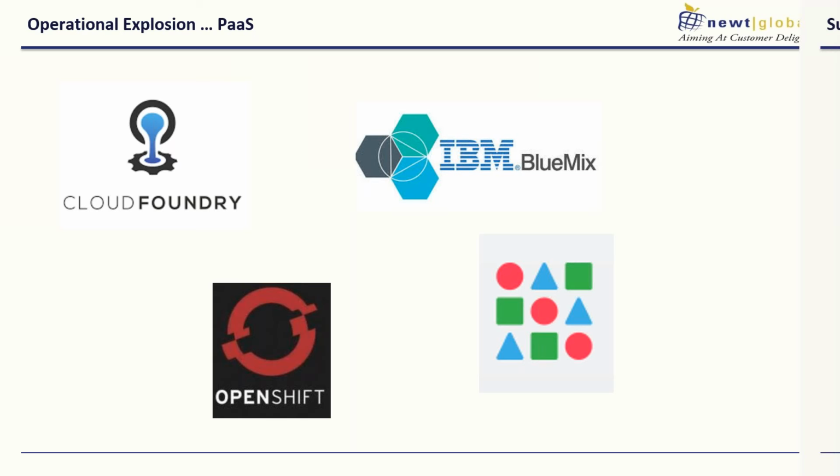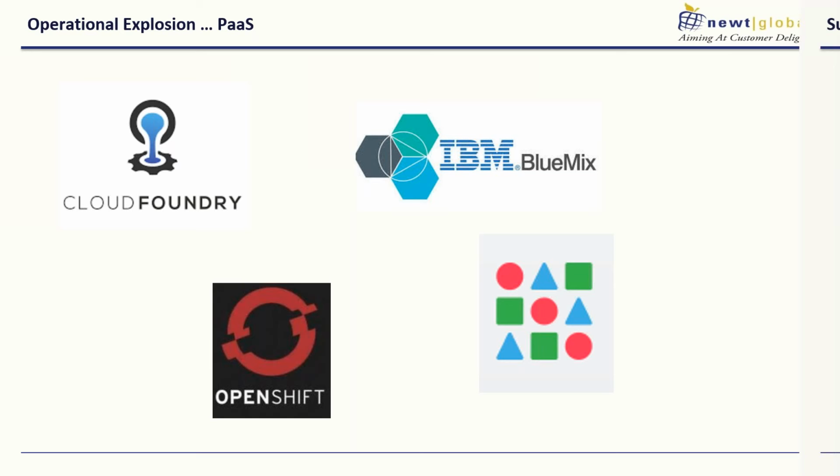Typically, the most popular ones are called Cloud Foundry and OpenShift, but you can also consider IBM Bluemix. And for most of you who have not heard about the Deis platform, Deis has been acquired by Microsoft, which is a very interesting development, given the fact that it's built on top of Kubernetes and Docker. Kubernetes being a Google product, this is a very interesting development. It happened somewhere around the first week of May 2017, and these are the 4 platforms as a service that you need to watch out for.